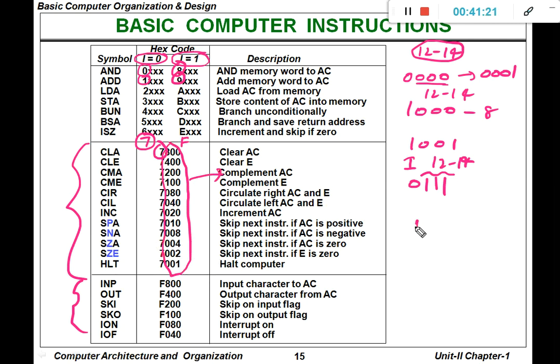Similarly, if I is equal to 1, then bits 12 to 14 are 111. Then the starting hexadecimal code will always be F. Based on the other hexadecimal code values, we are going to define the input output operations. Okay. So the same logic we have shown in the flowchart: how to decode the instruction register and determine whether it is a memory reference instruction, register reference instruction, or input output instruction. Based on the instruction, we are going to execute a specific instruction. After the execution of the specific instruction, we are going to set the sequence counter to 0.